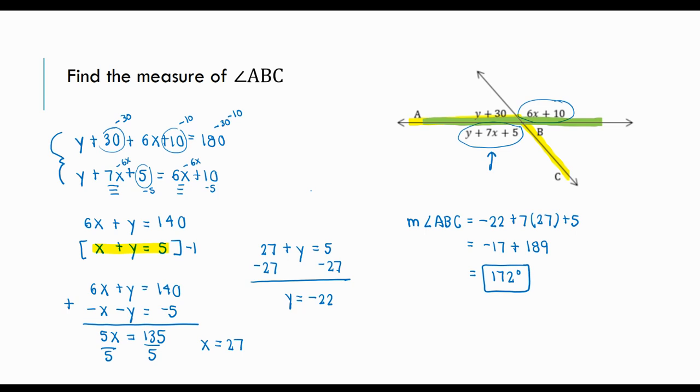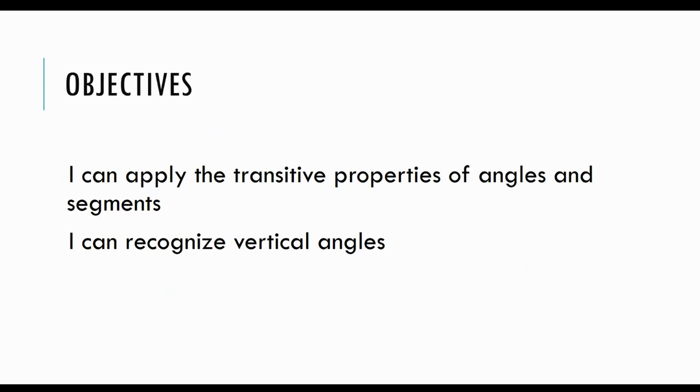So it took us understanding how we can assume different things. We've got a straight angle and we've got vertical angles that allowed us to set up a system, and then I solved by elimination. So that's us applying the transitive property as well as recognizing vertical